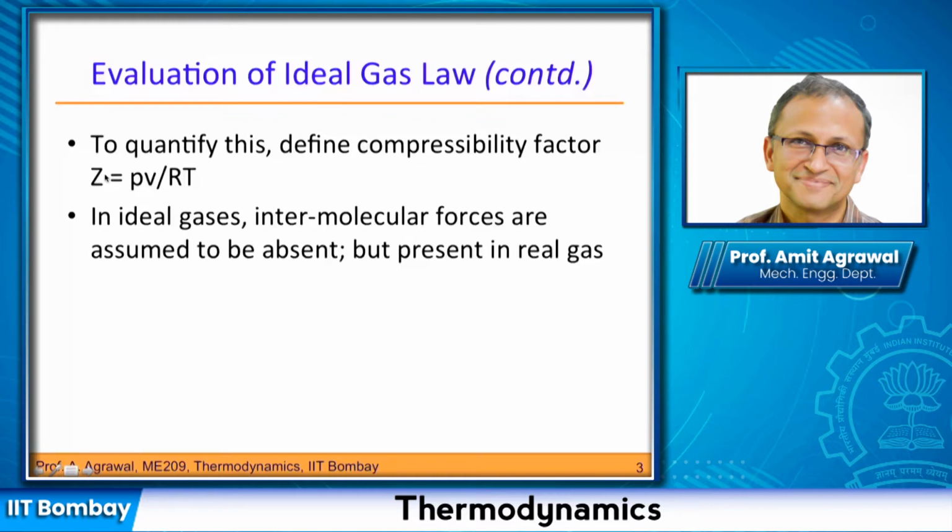If Z is not equal to unity, then we know that the ideal gas law is not working. But as we said, maybe we can have a tolerance band and say that if I assume that within 5% the values are okay, then I will look for a value of Z between 0.95 and 1.05.